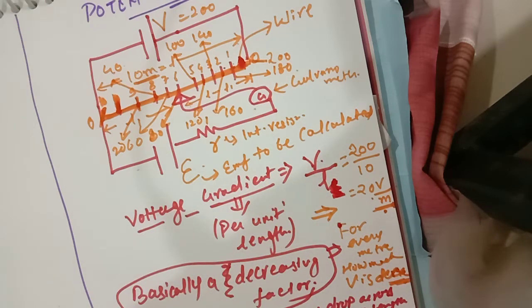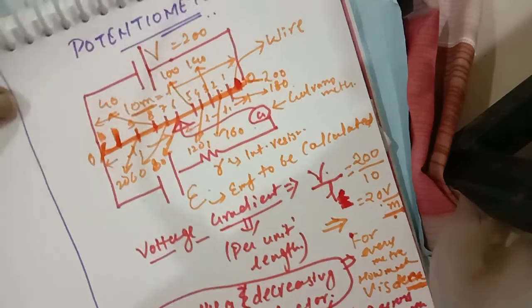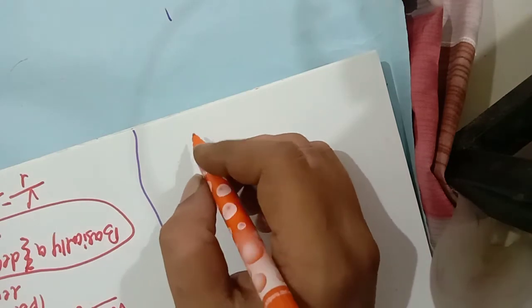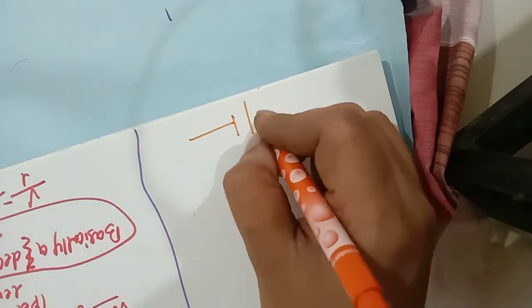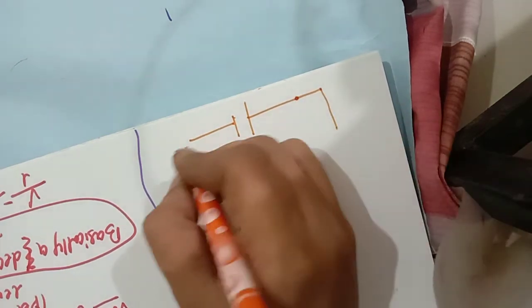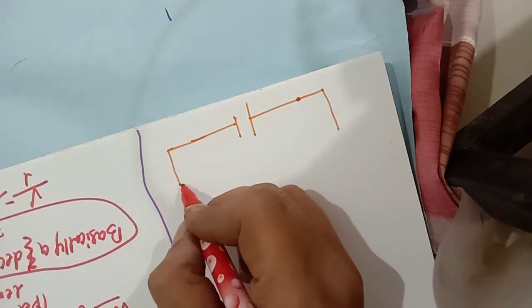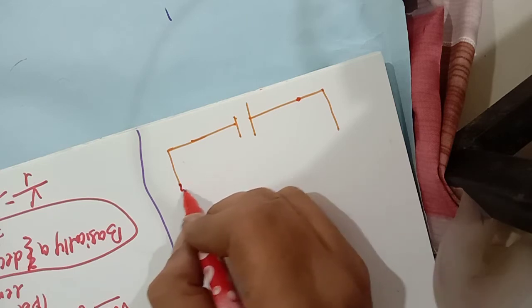So if this is voltage gradient, then okay, what are the uses we are having for this voltage gradient? Now look, we will use it in finding voltage. Okay, now suppose if you have learned voltage gradient and have understood, then you can answer this simple question very well, which I am going to tell you, but you should think of it while I am making the diagram, that what my motive is to ask, right?